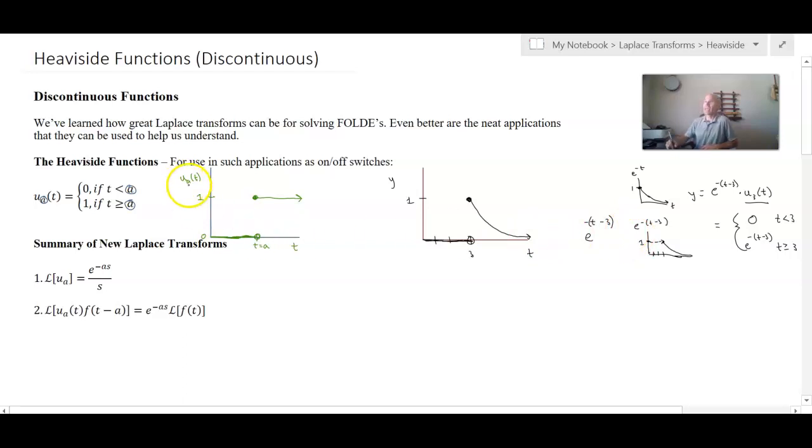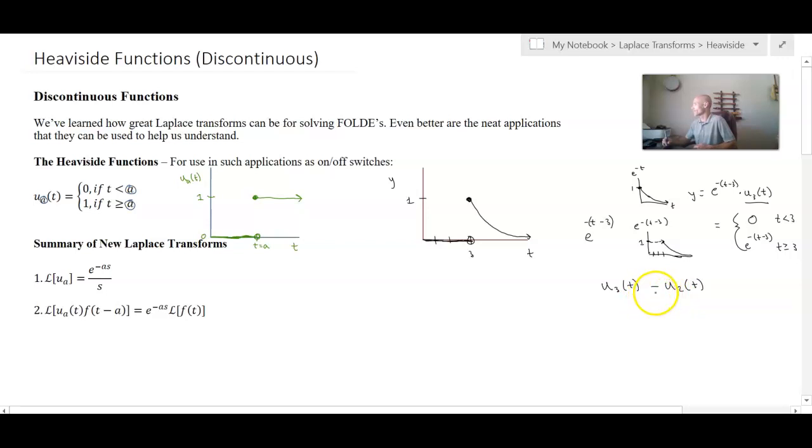Now you can also just scale u sub a. You could multiply it by 5 and make it jump from a 0 to a 5 instead. Here's one more cool thing you can do with it. Let's just say I take 2 Heavisides and I subtract them. So I'm just going to pick u sub 3 of t minus u sub 2 of t. Now this is actually going to be a piecewise function with 3 components because at time 2 something happens and at time 3